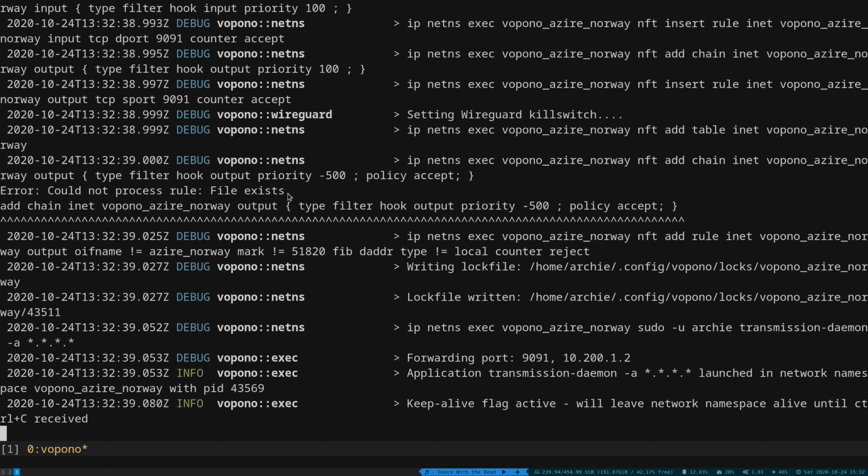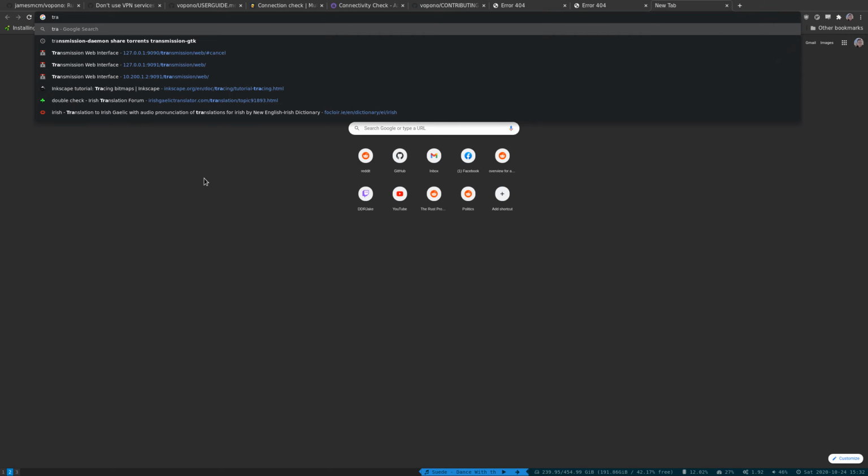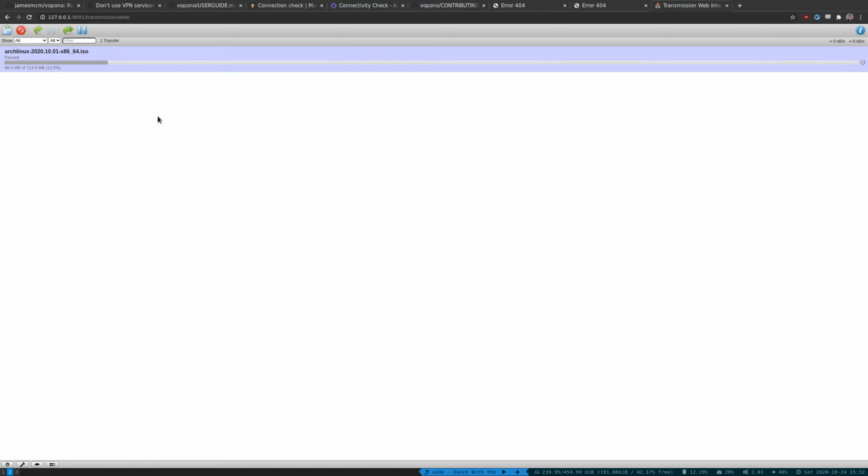So this is now running, and it's a bit hard to see because it's very zoomed in, but this will stay alive until we send a SIGINT with Control and C. So we can now go to my normal browser running on my machine, and I can connect into the transmission daemon. This is the web interface, and here you can see I have my Arch Linux torrent there. This whole vopono and the transmission daemon could be running on a Raspberry Pi on my network, for example. I could run this exactly as I have done, and then the only difference would be here,